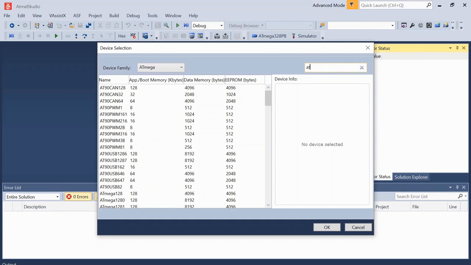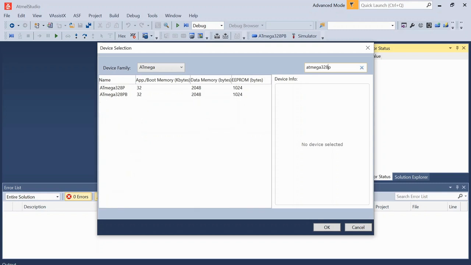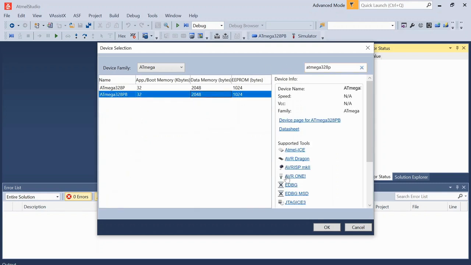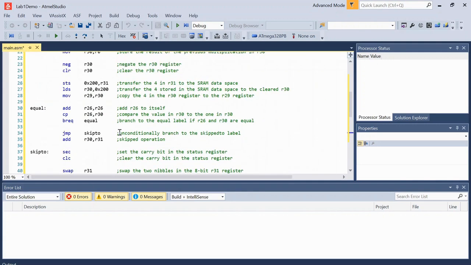down. We can look up ATmega328PB, and that is our device. And here you can also find the device page in the datasheet, and it'll load a new project through that. Now we will need to replace all of the default code with the code that we've actually written for this